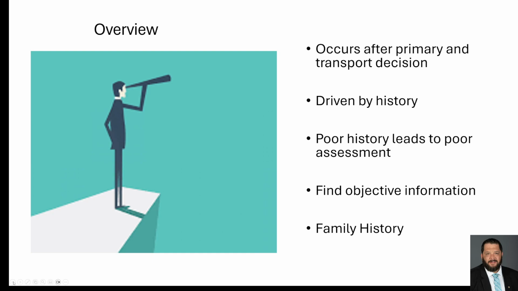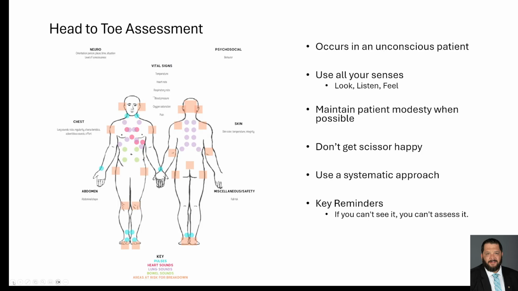A poor history is going to lead to a poor assessment, because the history drives your assessment. Your goal with the assessment is to find more objective information. We're talking quantitative information, things that can be measured, okay? Things that are felt by the patient, that's your history part. That's your subjective. Then you look for more objective information. And don't forget to make sure that you ask in your history taking about